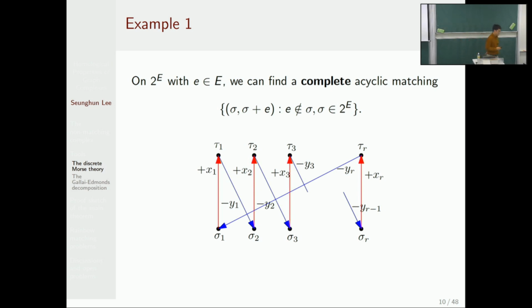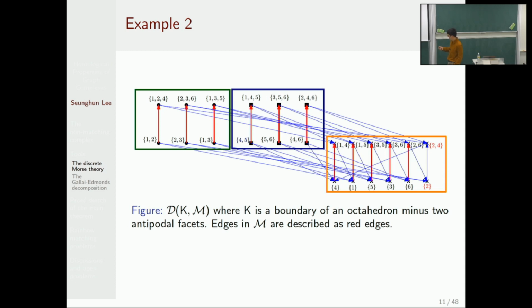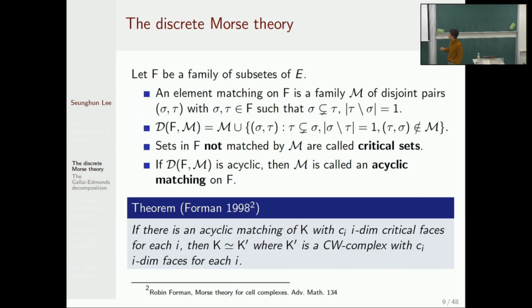So actually, there is a very elementary criterion which is called the cycle lemma. I did not state the cycle lemma here, but I just drew the diagram. Can you remind the definition of acyclic? Acyclic matching is if this directed graph is acyclic. We can just consider F as a poset, right?